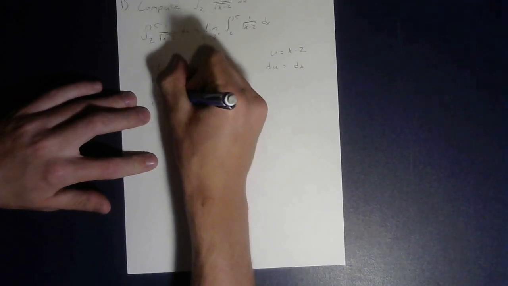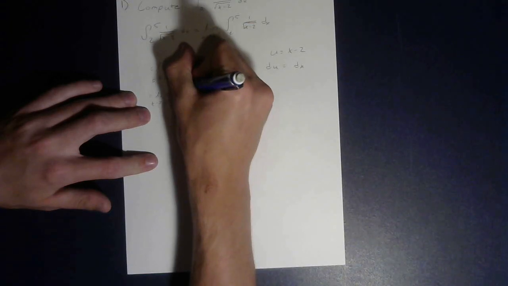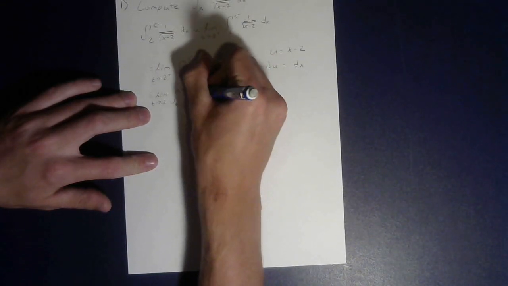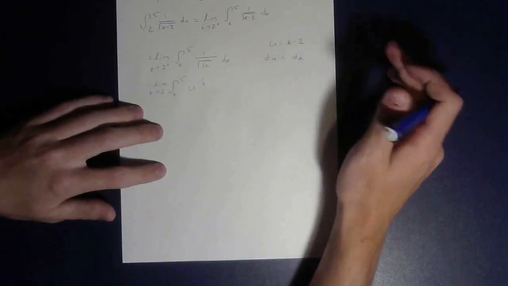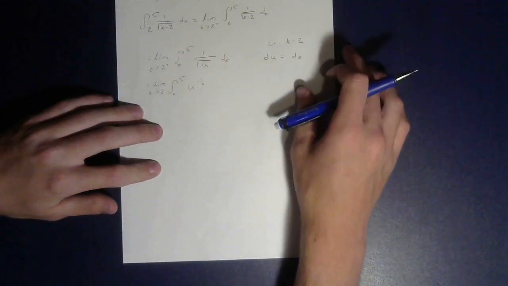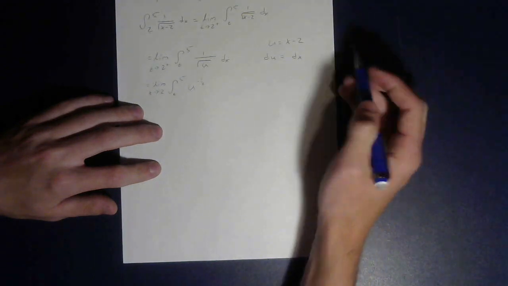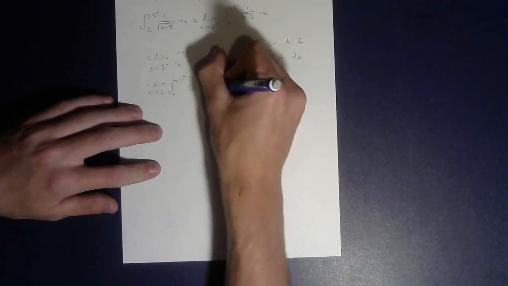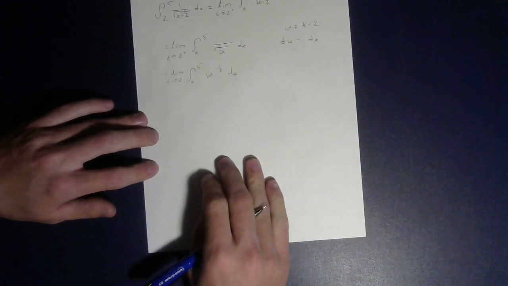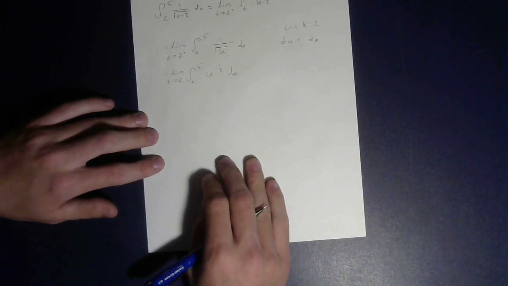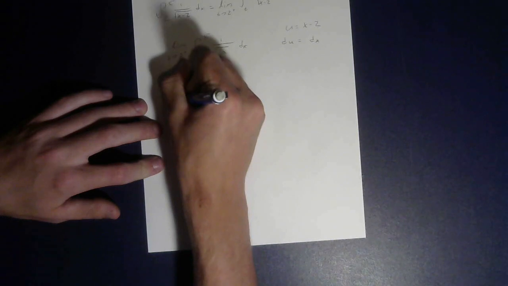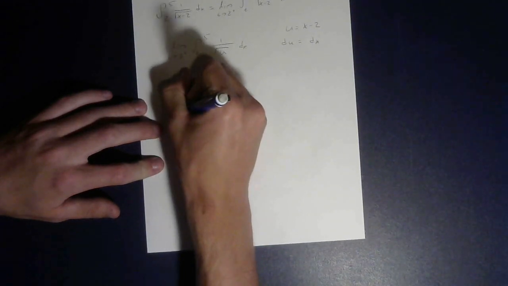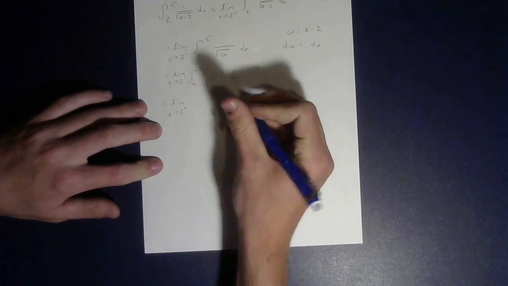We're going to write this 1 over square root of u instead as u to the negative 1/2, because square root of something is to the 1/2 power, and 1 over that is just going to be negative, so we end up with u to the negative 1/2 du. Then we take the integral of that. So the limit as t approaches 2 from the right,